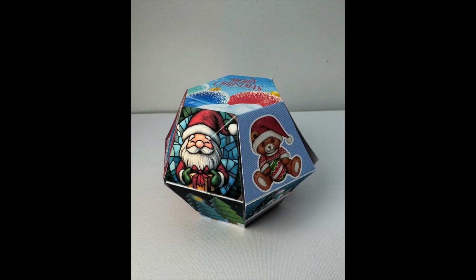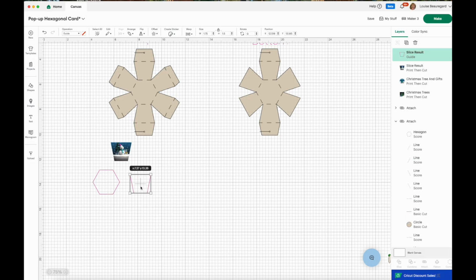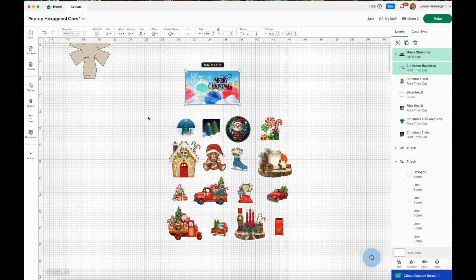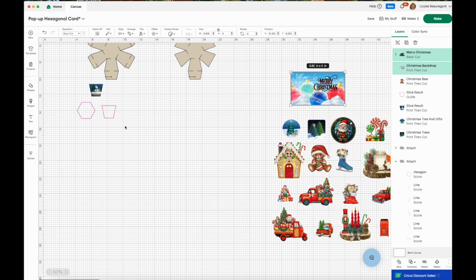These are assembly instructions for my hexagonal pop-up card. This is a quick overview on how to personalize this shape. So this is the blank form for the shape, showing the top and the bottom shape. And I've gone through and selected a few print and cut images that I'm going to put onto the facets